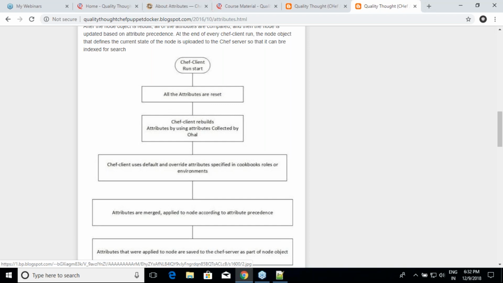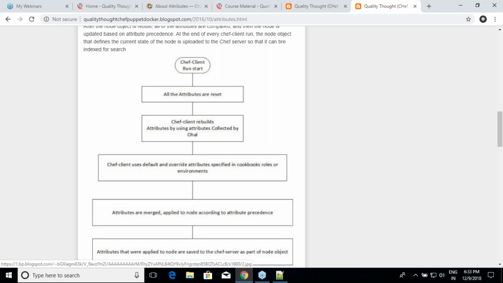But those are all extreme conditions. Whenever you have extreme conditions, then you go for those values. I have not seen anyone using above normal, but there might be certain cases or exclusions where you might require it. But this is how the attribute precedence works. Am I clear on this? Okay. So environments, roles, attributes, recipes: four places for defining variables.